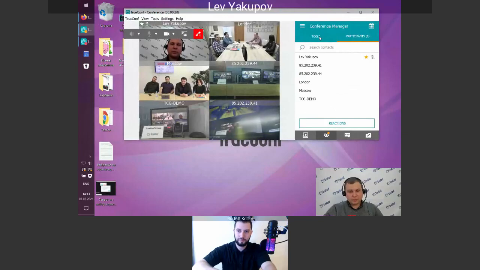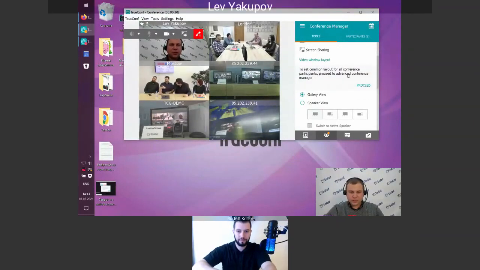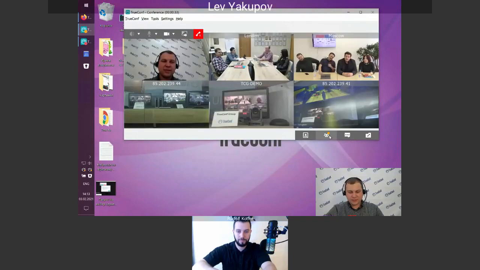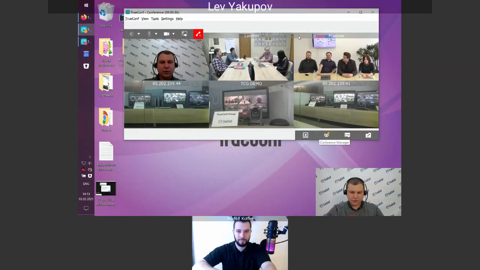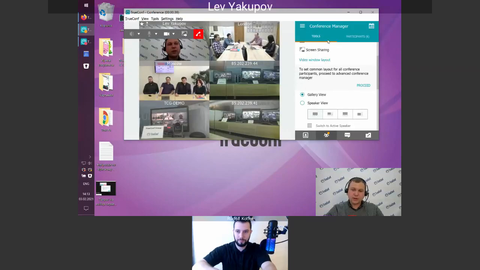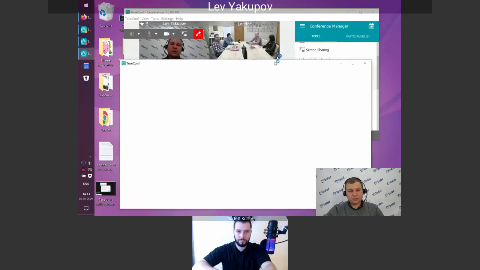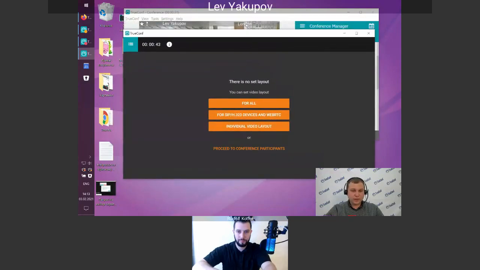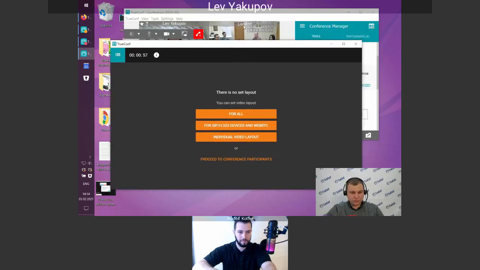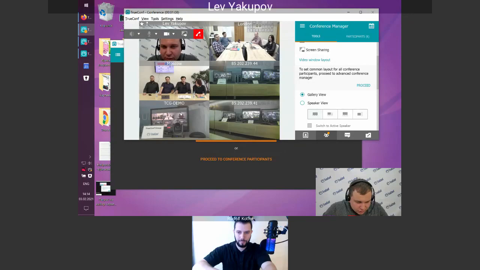So we have a special tool which is called Layout Management. It is located in the participants in the conference tab. So in the right corner of our application, if I go to the conference tab and go to the tools, there is a video window layout settings. If I click here, the interface to control the layout in real time will appear, where I can select layout for participants and for groups of participants. I can also use this interface to control the conferences remotely, but the idea of this new update is that it is now possible. So let's enlarge the TrueConf Group image here.